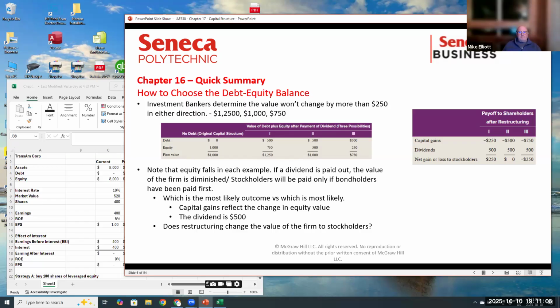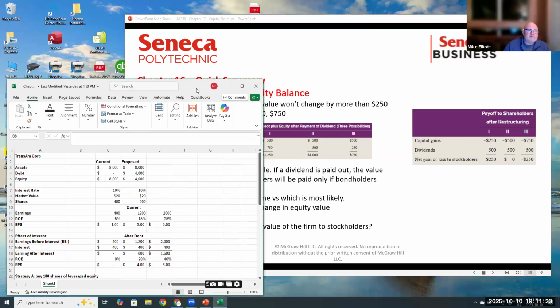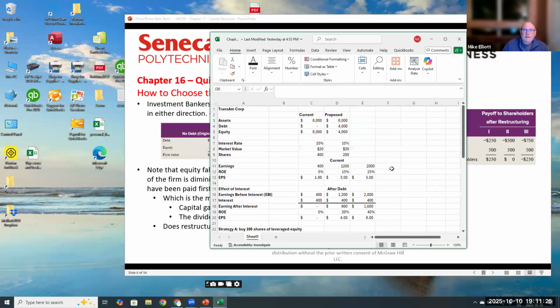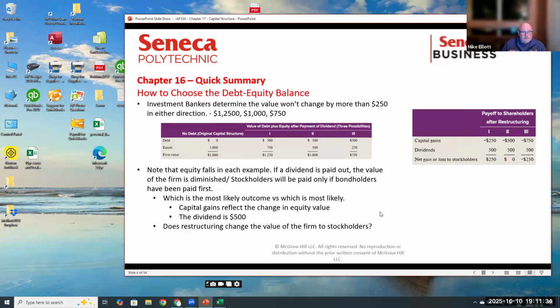So we actually have no change in value. Or I give you $500 and the capital gains attached to that's actually $750. Now we have a decline in $250. Those are the only three things that could happen. To demonstrate that, as usual, I have my spreadsheet here. And I don't have that on my spreadsheet. Sorry. So those are our three choices. Either we go up by 250, we have no change, or we go down by 250.